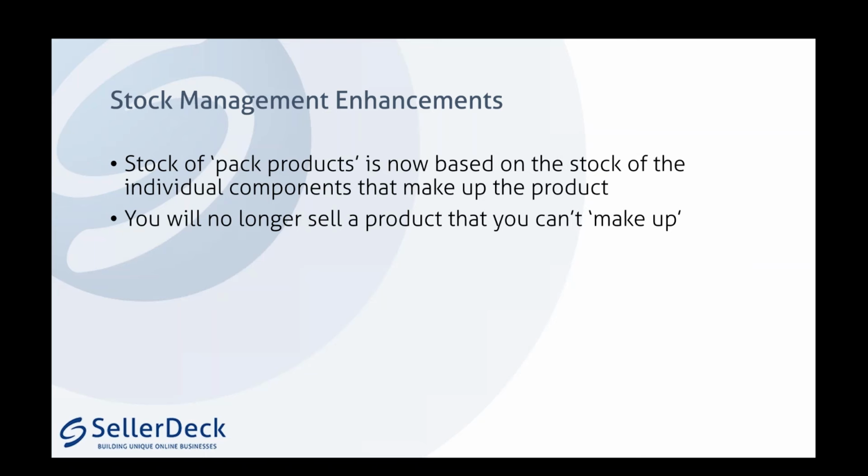Some other features as well. I've got one customer who I've been dealing with who has been struggling for years because he sells kits, sets of products, like a stationery product. We have a ruler, a pencil sharpener, a set of pencils, and he's always had this issue, whereas if one of those things goes out of stock, the set is still available on the website. But actually, that's now dealt with